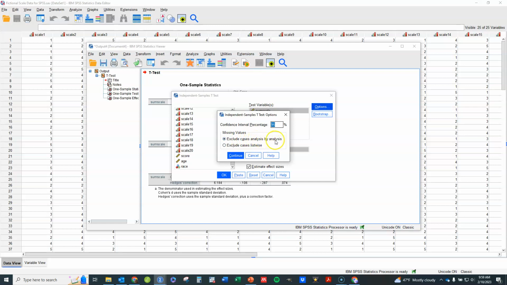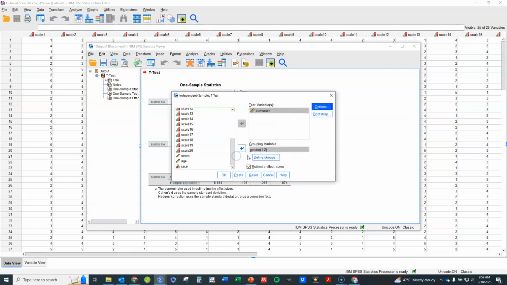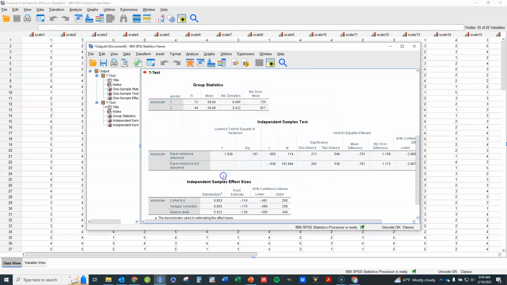Either, I'm just going to include case by case. In other words, it's going to include whatever variables are appropriate to be included in this particular analysis, in that particular calculation, or whether it's going to exclude those without complete rows for this data. And then what confidence interval I want. So I'm going to go ahead and click OK there, click OK there, and I have my results of my